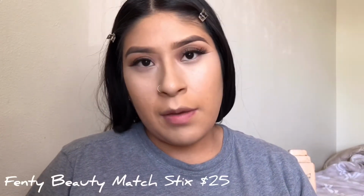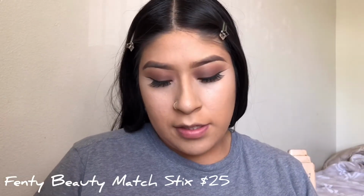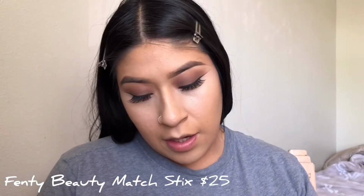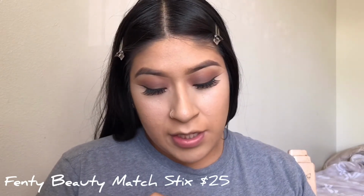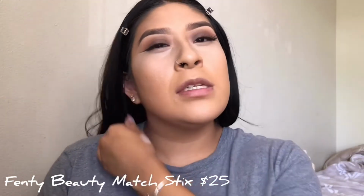Okay, and usually I would set my makeup right now, but I've decided that I'm gonna go in with the Fenty Beauty. My makeup is all crazy because I just throw it in my makeup bag, but I'm gonna use the Fenty Beauty concealer stick, and it's called a Match Stick concealer. It's in cocoa, which is a little darker. I might get a different shade next time, a little lighter, but I'm gonna use this right now